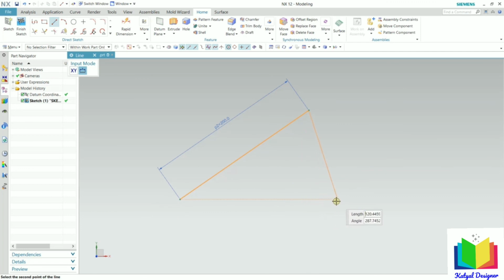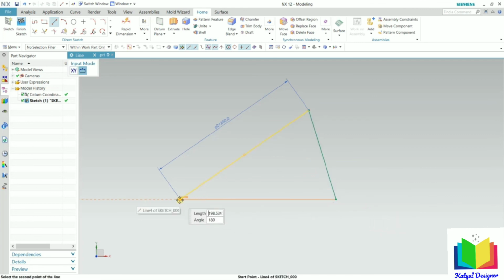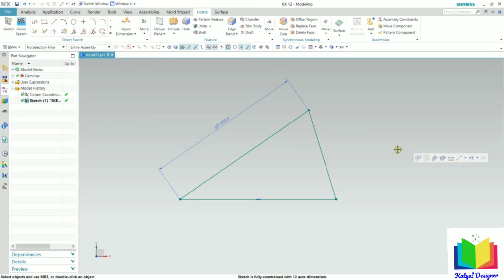So when I click here, we can see these 2 points are along the same line. There is no angle between them. So I pick this endpoint, and then click for the next point. This is the starting point. So in this way we have completed this loop. Press escape. So in this way we can create the lines. I click finish sketch,